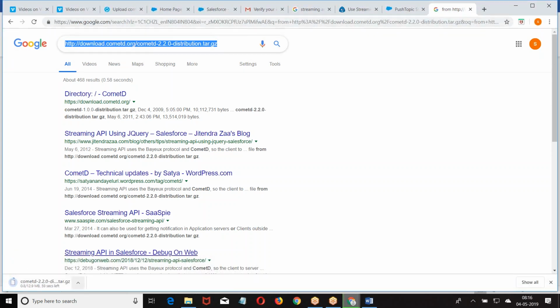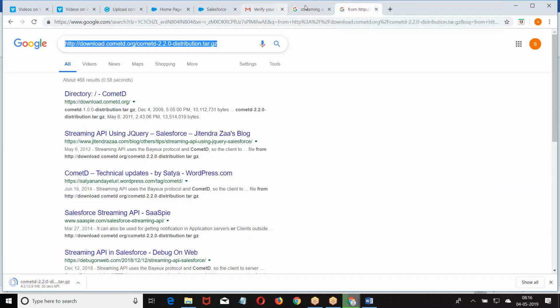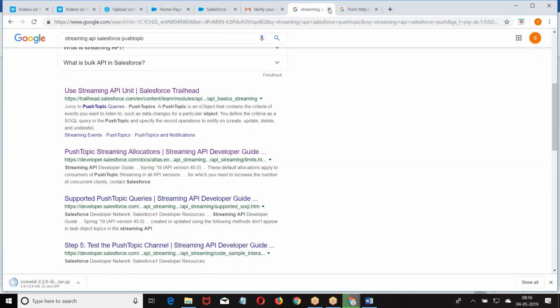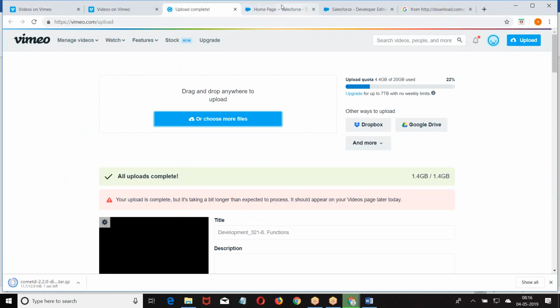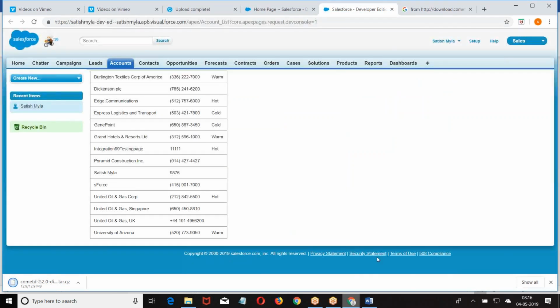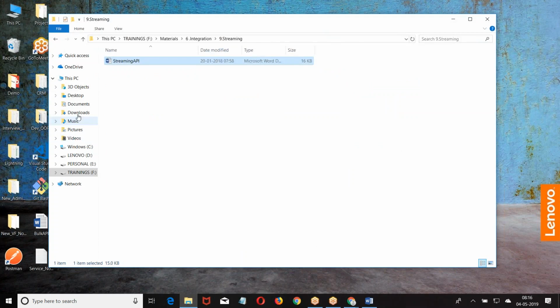So just type the URL, you are going to get the corresponding file. Let the file be downloaded. Okay, once the file is downloaded,